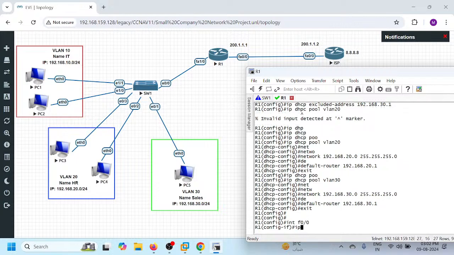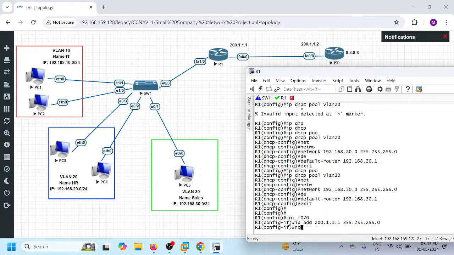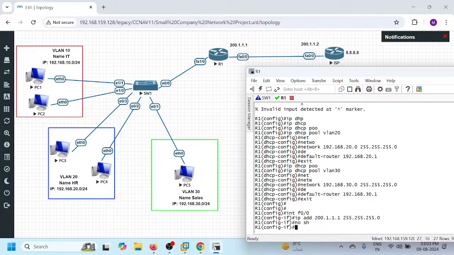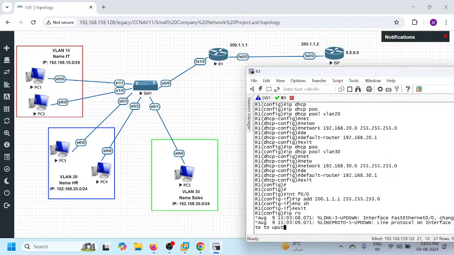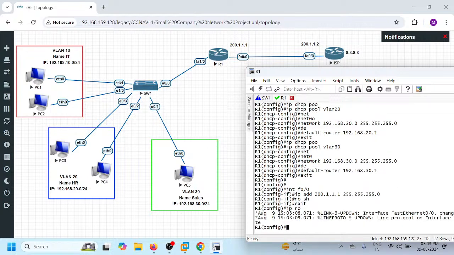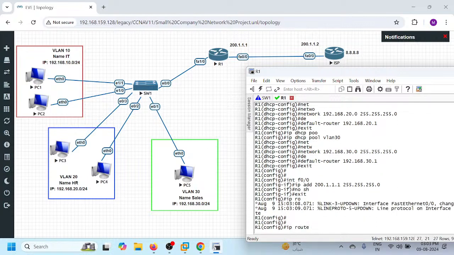I will write the IP address. I am assigning the IP address 200.1.1.1 with subnet mask 255.255.255.0, and we will write no shut. I will also create the default route: IP route 0.0.0.0